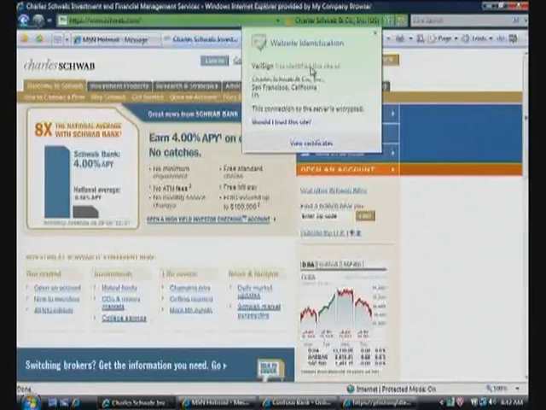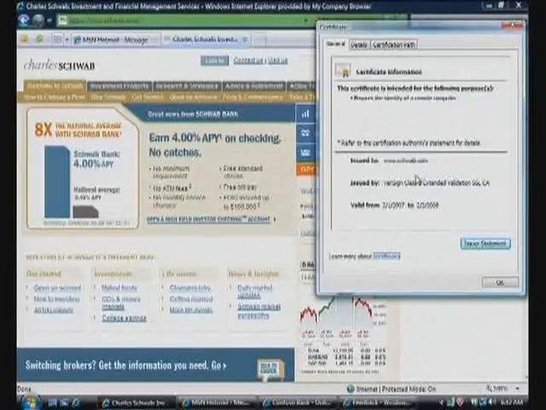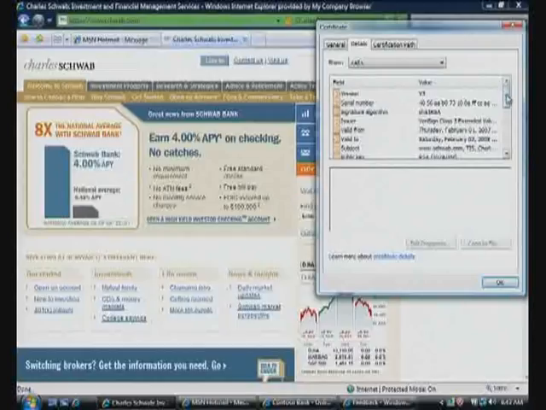Here's a difference in the badge information. We're going to tell not only who has issued it. Oops, that page finally came up. We'll come back to that. But also the name of the company and the location. If you want to get the more detailed information, this is what you're used to seeing with IE6. We found that most users didn't understand what it meant, didn't know how to trust it. If we look at the details,